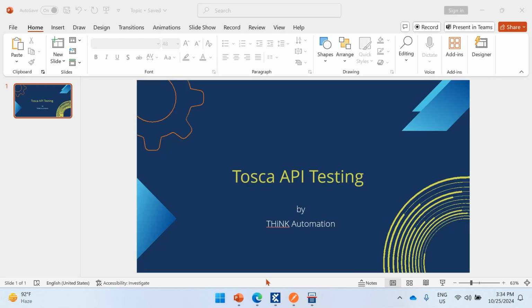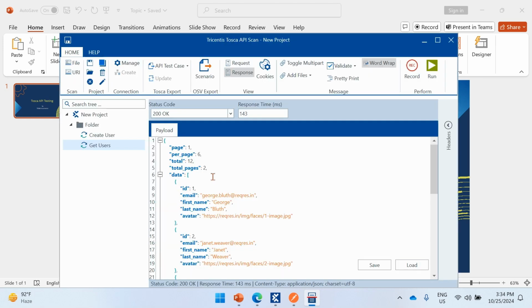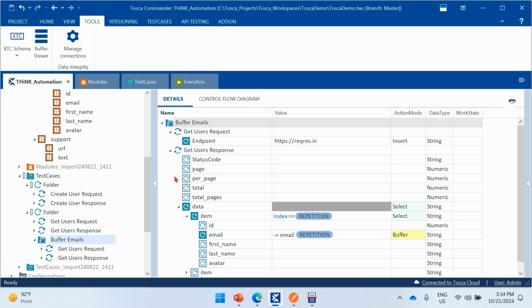So that's all I wanted to discuss with you today. We have seen how to capture API modules, how to import them into Tosca Commander, how to use the validation buffers, how to use the loops and repetition, all those things we have seen today. Let's meet in a different